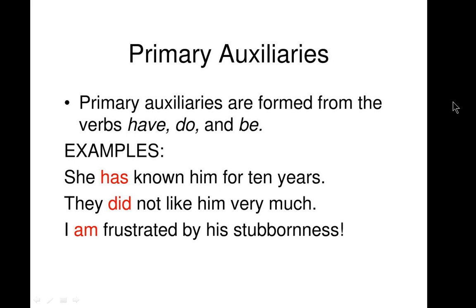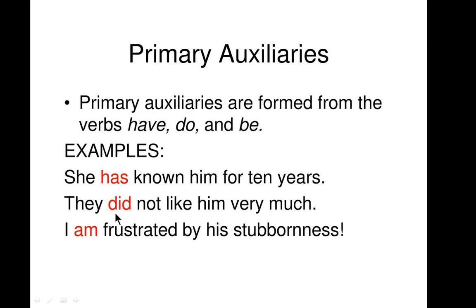So these are the three words: have, do, and be. Here are some examples. In to be, the words used are am, is, are, was, and were. In to have, they are has, have, and had. And to do means do, does, and did. For example, the main sentence is: I am a singer. In that, the main verb is I am. And for the auxiliary, I am singing, that means I am is the auxiliary, and the main verb comes in singing.